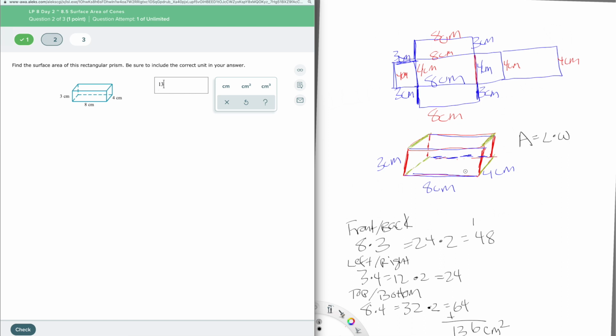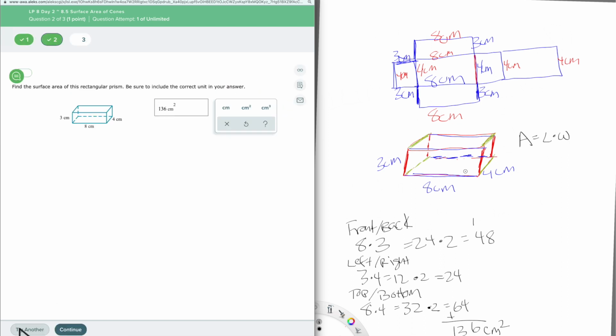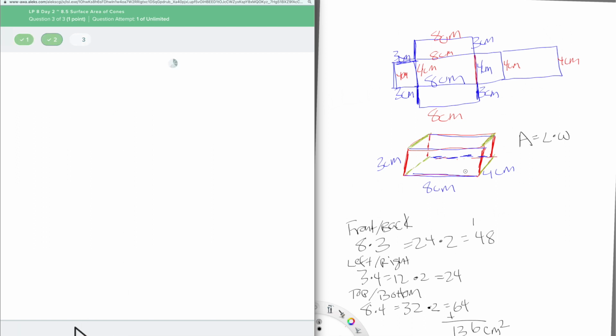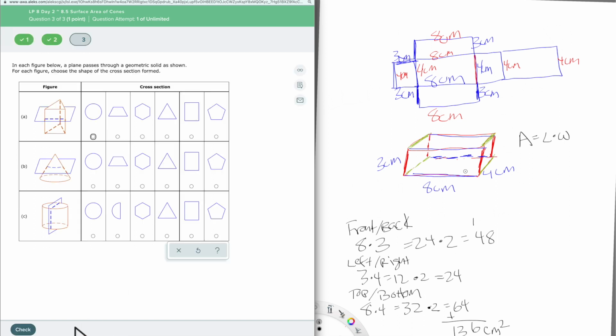All right, so I have this squared, check. So this is the idea of surface area. We're just looking at the surface on the outside. How much area does it take up? All right. So, okay, so we're looking at some lateral kind